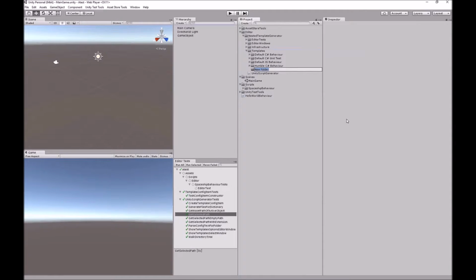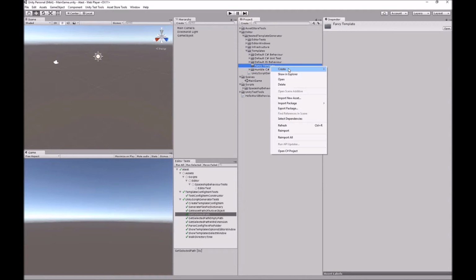So you just create a new folder inside the templates folder, and we can give it a name that will come up in that select list menu that you see when you first do the right click. So we'll just call this fancy template. You can put spaces in here, it won't hurt it. And then inside fancy template,